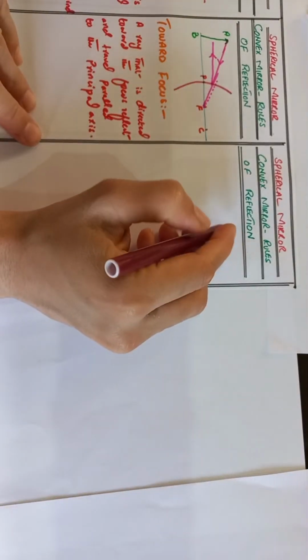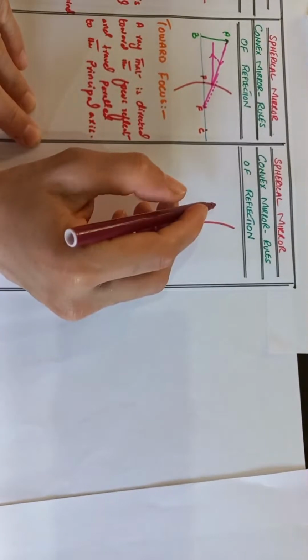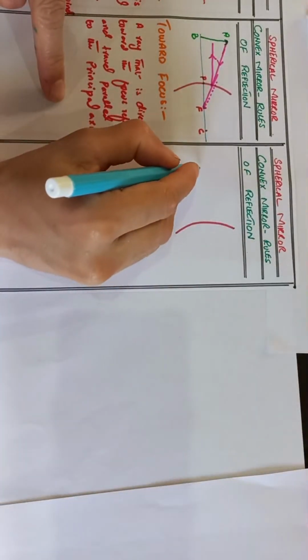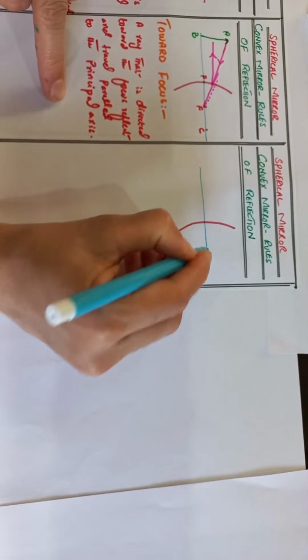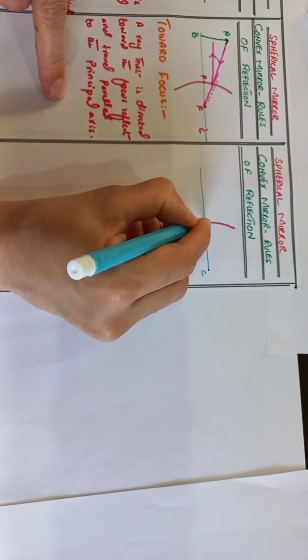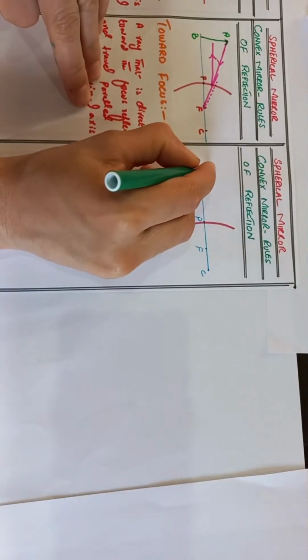Here we take the convex mirror, and that is the principal axis. This is the center of curvature, focus and pole of the convex mirror. Here we take the object